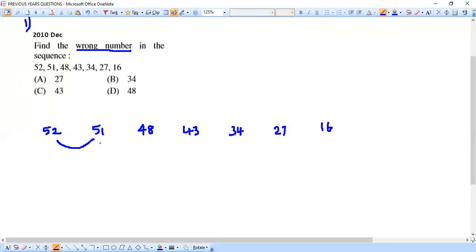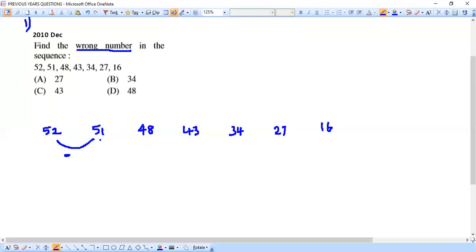So decreasing sequence, what we need to do? I think you have just gone through all the basics and fundamentals from our previous sessions. I believe it. So when we have a decreasing sequence, we should always start with the minus. So what values are they doing? Subtraction. We need to test with subtraction. So let's just apply the subtraction and see here what happens, whether we are able to follow any pattern. Ready? Yes. I think we can start.